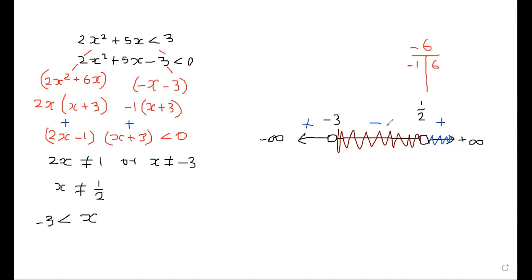X is the region that we marked here. And x is less than half. And that's our solution. So we are done. This is the solution. This is the final answer right here. Okay? Or you can write it as